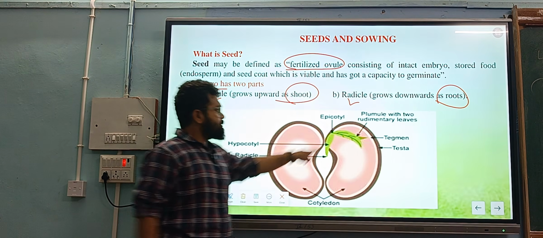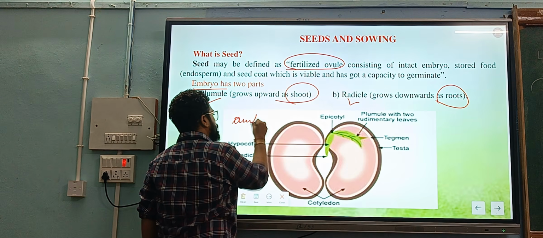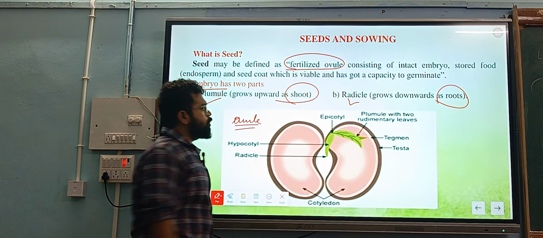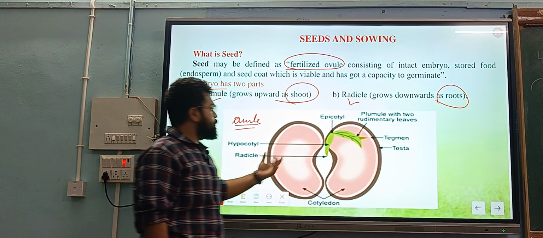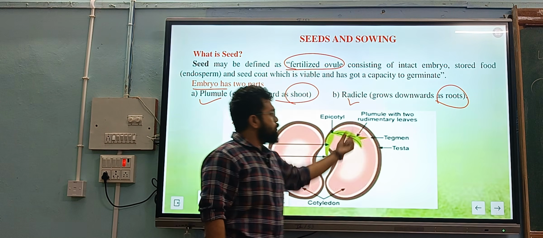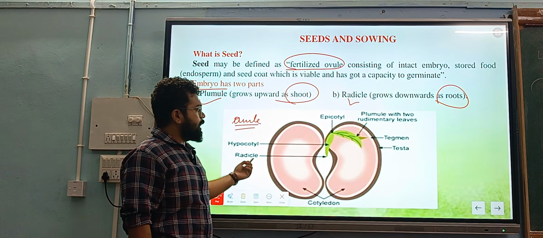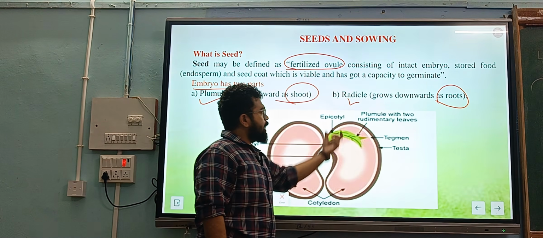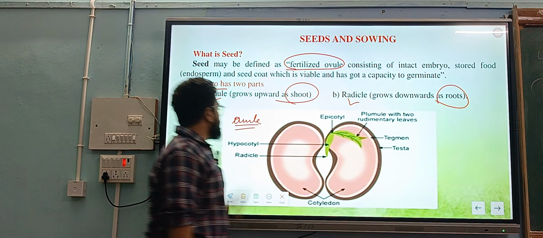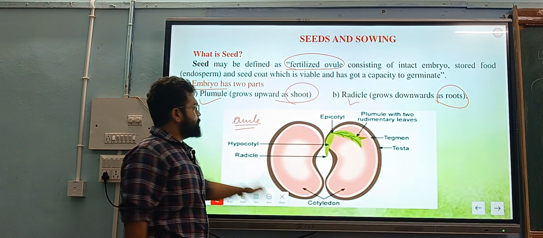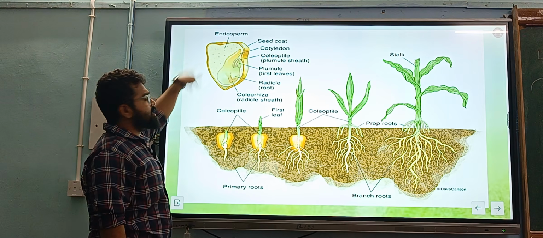A seed is a fertilized ovule, not ovary. It is a fertilized ovule consisting of two parts, mainly the embryo. The embryo is divided into the plumule, that is the shoot part, and the radicle, which is the root part. It has a cotyledon and an outer seed coat which has testa and tegmen. Just testa and tegmen. If you see a seed, this is